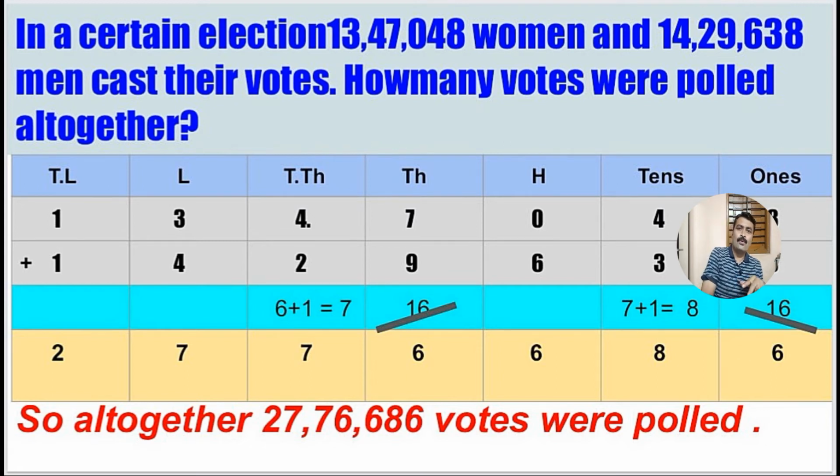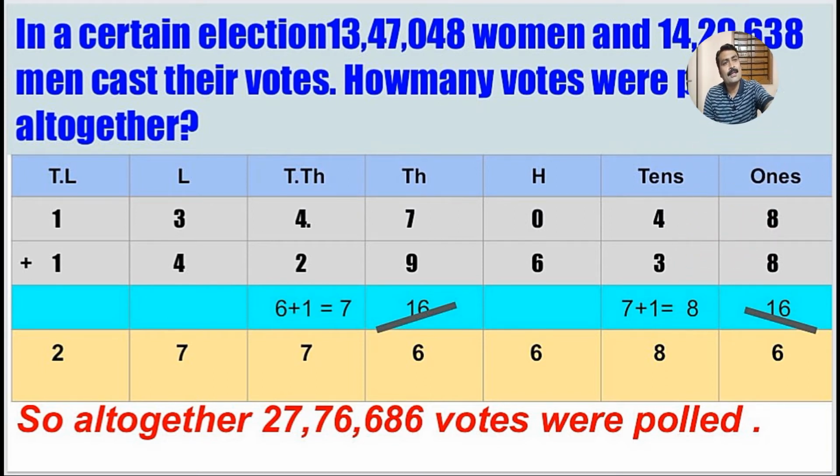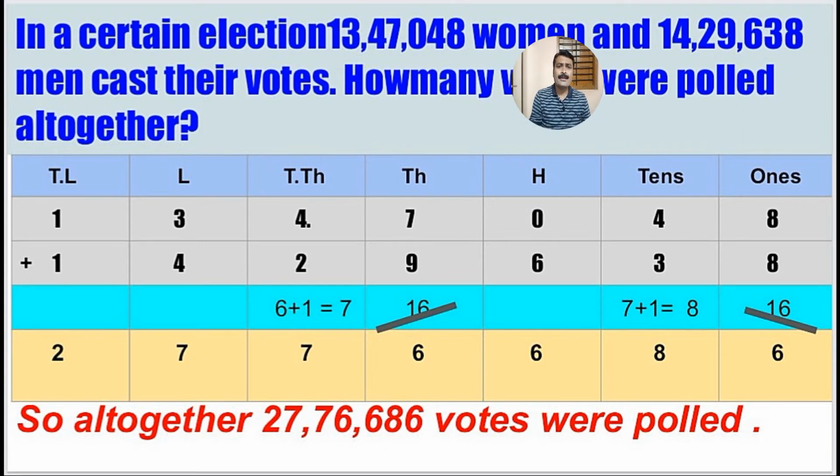So from the word "altogether" given at the last of this word problem, we identify the operation of addition. That's why here I am making the vertical arrangement of these two numbers given in this problem set. Now in the vertical arrangement, I am taking 7 columns because both numbers are 7-digit. So ones, first column; 10, second; 100, third; 1000, fourth; 10,000, fifth; lakh, sixth; and 10 lakh, seventh.